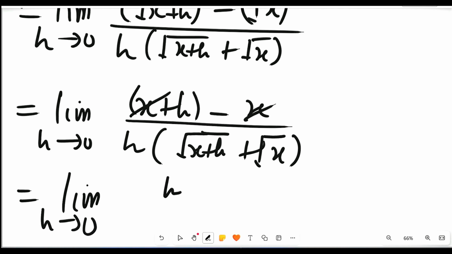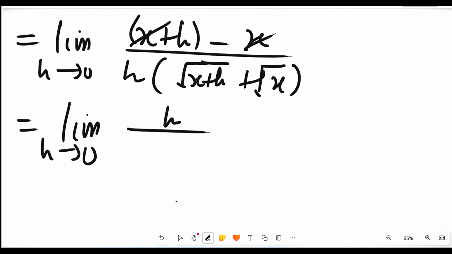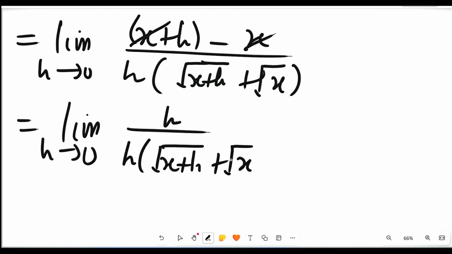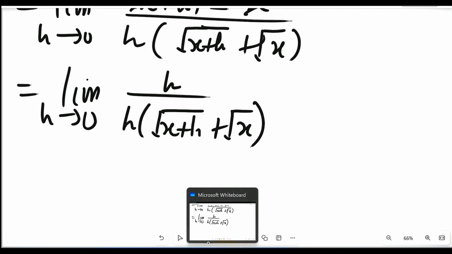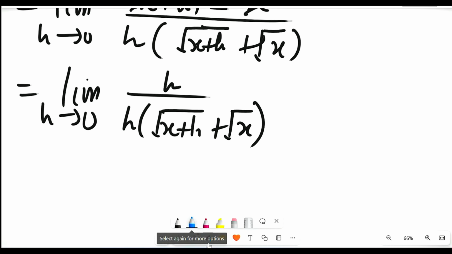So we'll be getting h divided by the product of h and square root of x plus h plus square root of x. Alright, so we have to simplify. You could see that the h here cancels this h, since the h is common to all the terms in this particular bracket. So the h here cancels the h in the numerator, and we'll be left with